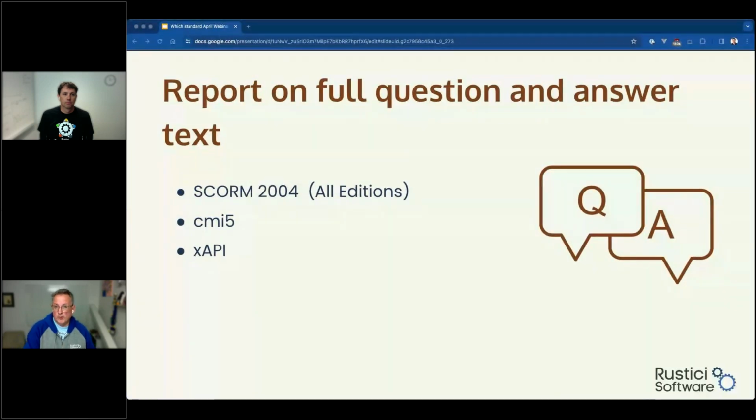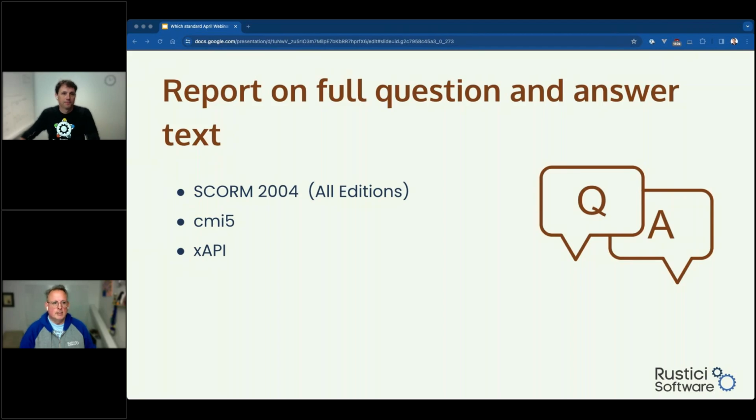So in SCORM 1.2 and AICC, limited interactions. So we're talking IDs. So you've got a question, ID 1, I answered B, or I answered whatever that identifier is. You're not going to get why is the sky blue, answer because. You're going to get just whatever the, I guess, enumeration for the question and answer is. In some cases, that just works, and that's fine, because you might create those quizzes and assessments yourself. You might know what question 1 is. You might know what,